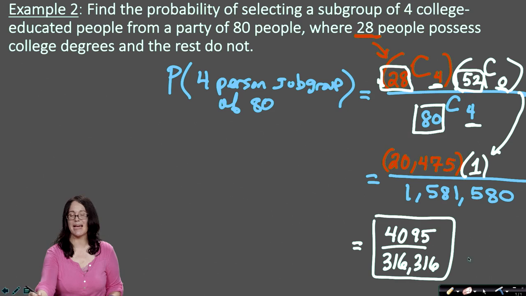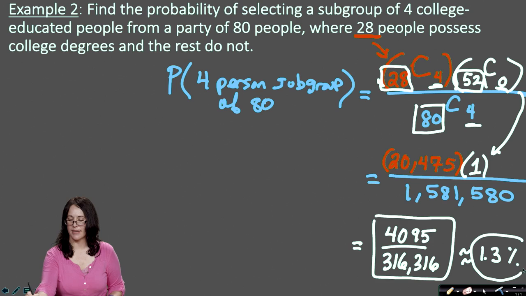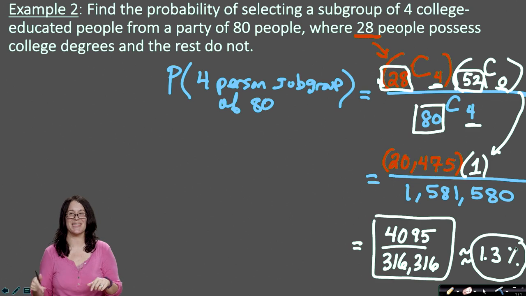And so when I put it in my calculator, I got roughly 0.013 and change. So if I were to round that and make that a percentage, I would get roughly or approximately 1.3%. So that's pretty unlikely. You still have a better probability of this happening than getting that special hand of poker that we just did. But this is still very unlikely, and the reason is we were trying to see how